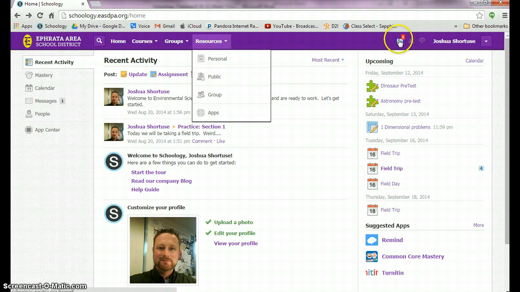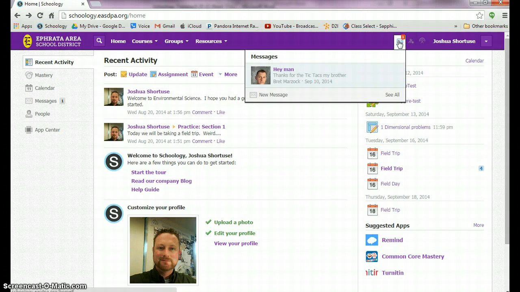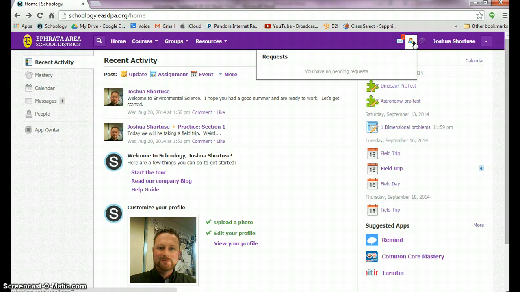At the top here you have a mail tab, and yesterday there's a message from Mr. Marzak. We had our training on Schoology, and he was very appreciative for the Tic Tacs, and he sent me a little message there showing his appreciation. But this is a good way for you to communicate with colleagues as well as students. The next tab you have here would be your requests,